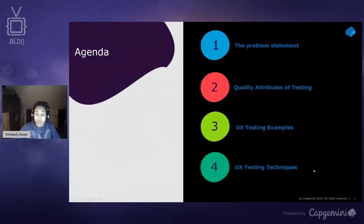Okay, what I'm going to talk about today: UX testing in Agile development, as the title of my talk says. I will first tell you something about the problem that I want to tackle. I will tell you about the many quality attributes of testing and which one, of course, we will focus on. Some UX testing examples, and last but not least, techniques you can use to really test user experience in your